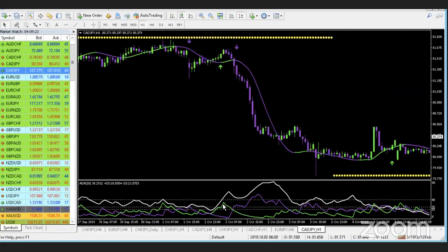The only problem with some of these really cool, pretty indicators is a lot of them repaint. So this is something that's on every MT4, it's on every phone, it's on every TradingView. This is not owned by Jenny. No one created this. I would probably add the MACD personally, and the reason why is because it keeps us out of